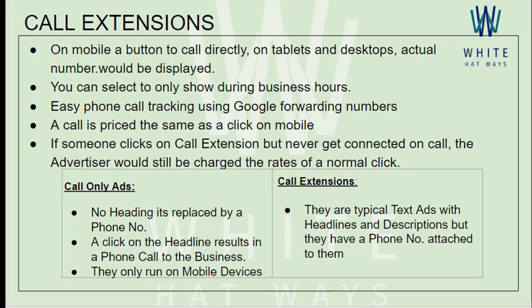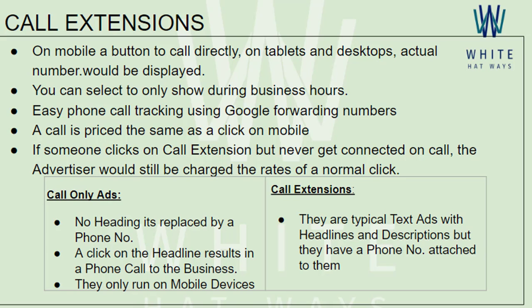So tomorrow if you go ahead with conversion tracking, you can set that in case I get a call and the duration of this particular call is 1 minute, then assume it as a conversion achieved. Why? Because if I am speaking to somebody for 1 minute, there are a lot of chances that a conversion is possible and it might have gone through. So similarly, you can track conversions based upon the duration of the call.